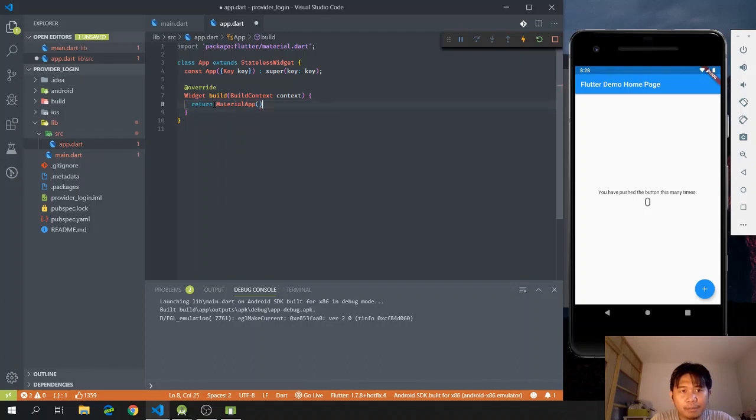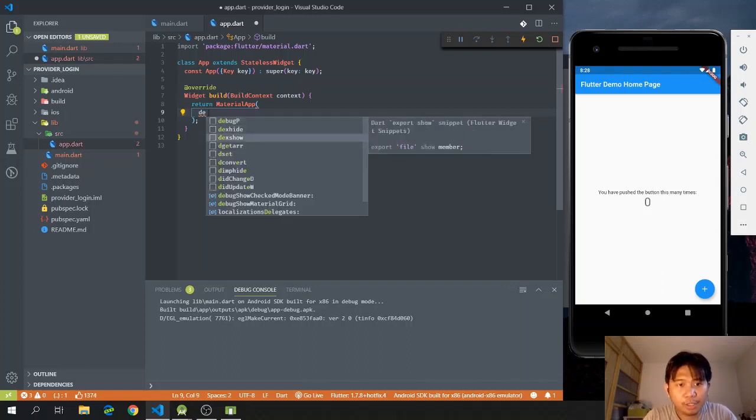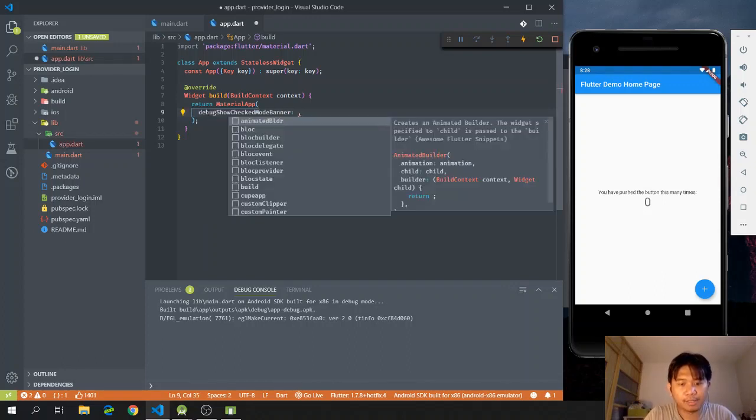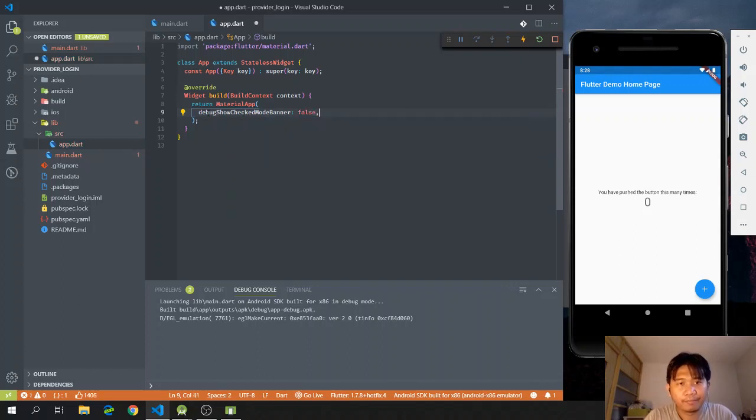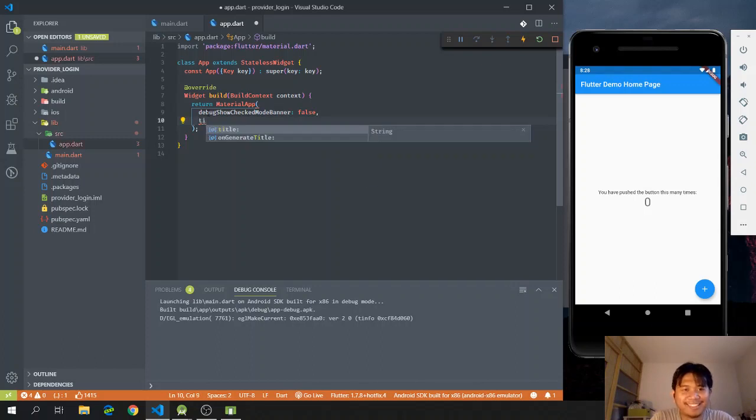This material app contains a couple of properties inside, and we do not need this debug icon right here. So let me just press this debug show checker mode banner and set this to false. Also, let me put a title. Say provider